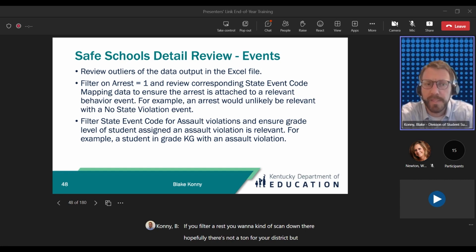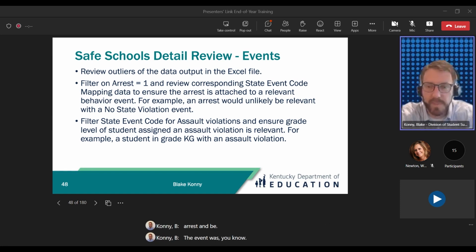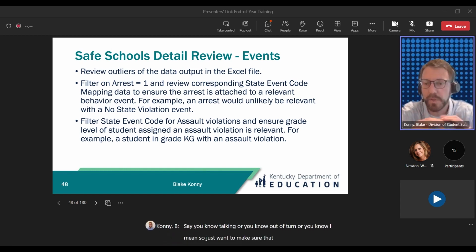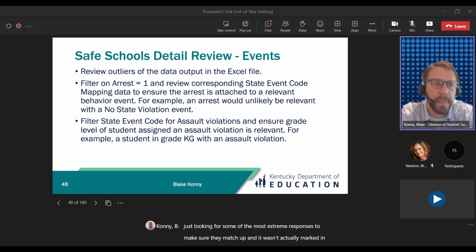But things that might stand out would be a really young student arrested, or an arrest where the event was, say, talking out of turn. You're just looking for some of the most extreme responses to make sure they match up and weren't accidentally marked in the system.